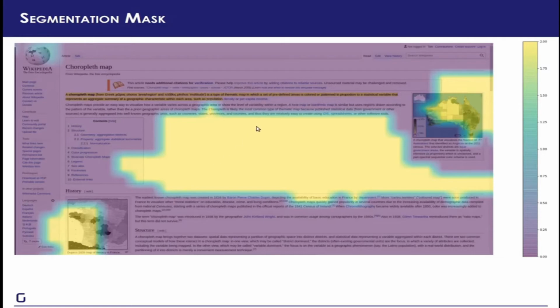Now the problem is that it has also created a false positive. There's nothing in this big region except a lot of white space, and that is because when training on the original data, we just happen to have a lot of maps which had a lot of white space in them, which is why whenever it sees a bunch of white space, it thinks it's a map, which is not the case clearly, right? Anyway, we can detect these regions of interest automatically from the attention map. There is a false positive, but we can always delete that manually and feed that back into the model later.